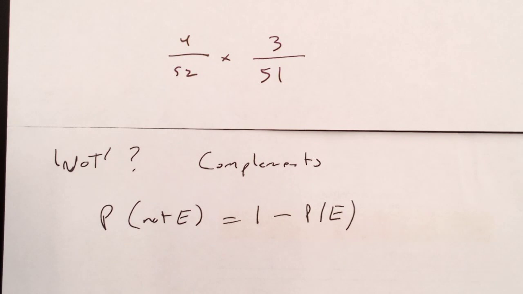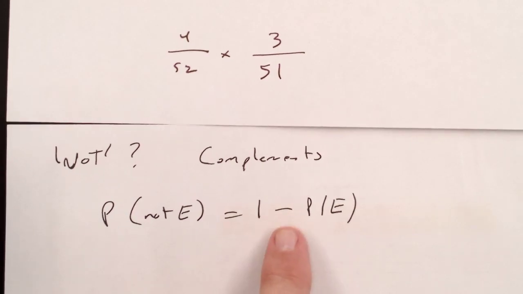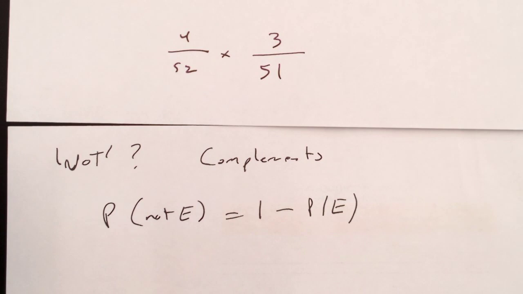The chance of something not happening is 1, the chance of anything happening, minus the chance it happens. Pick a card. What's the chance you don't get a queen? That's really kind of hard. There are a lot of options that aren't a queen, but there are very few options that are queens, right? So I say, oh, well, there are only 4 queens. Take those out. Let me step that problem up.